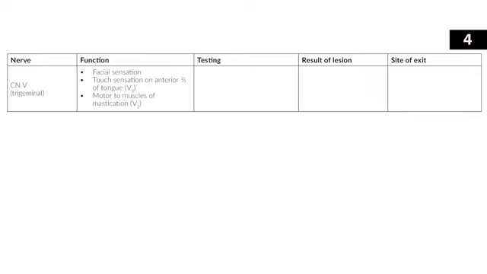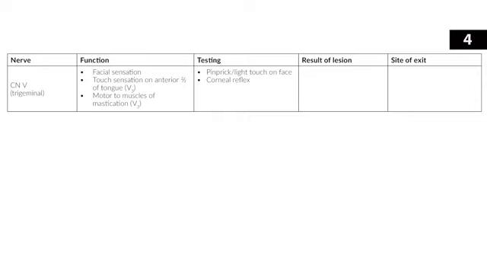But while we're talking about the sensory functions of the trigeminal nerve, let's talk about how we test the trigeminal nerve. So you can test for pinprick or light touch on all 3 regions of the face. You can also test some cranial nerve reflexes. So you can test the corneal reflex by touching the cornea gently with a wisp of cotton, see if that makes the patient blink. So that's going to test the ophthalmic division of the trigeminal nerve, and it's also going